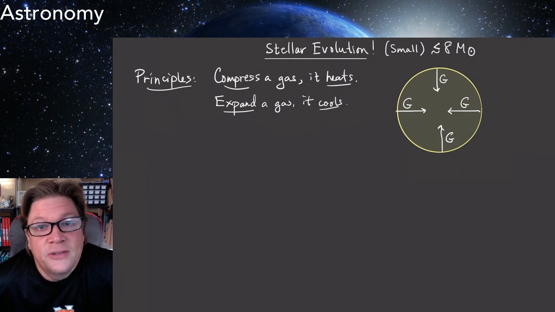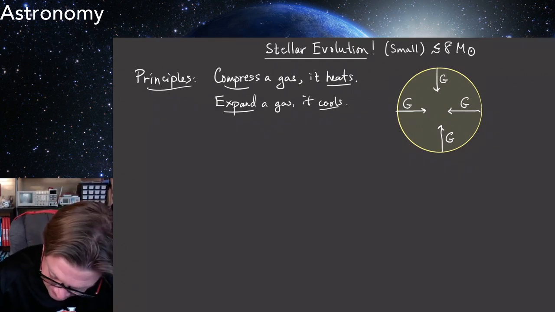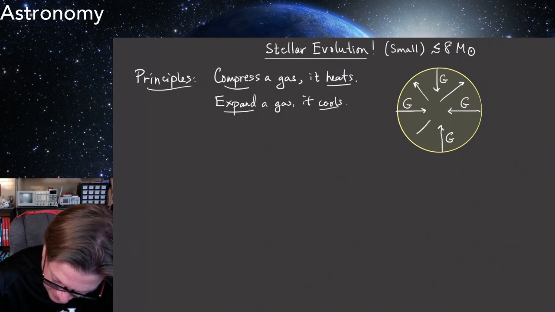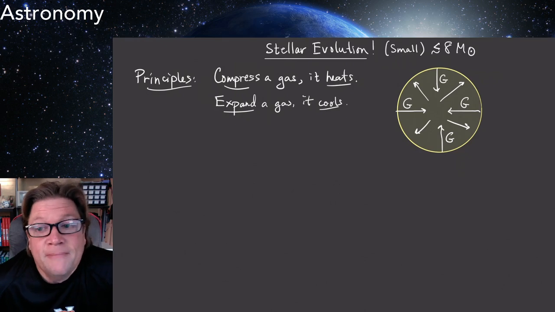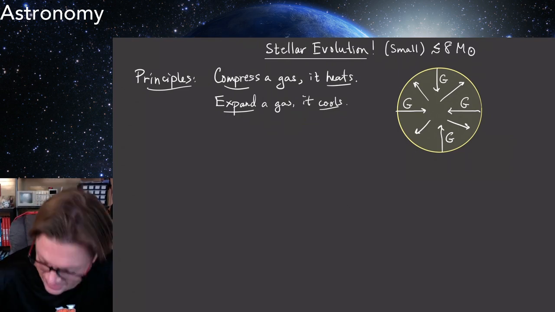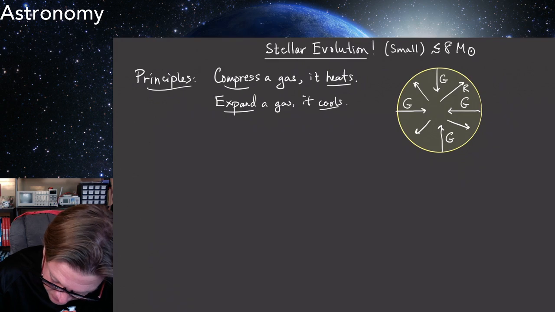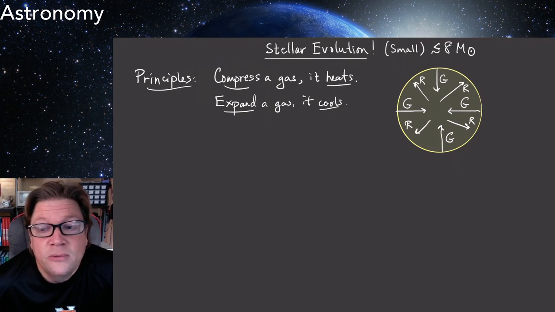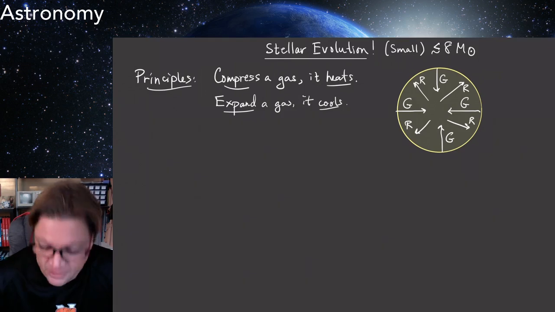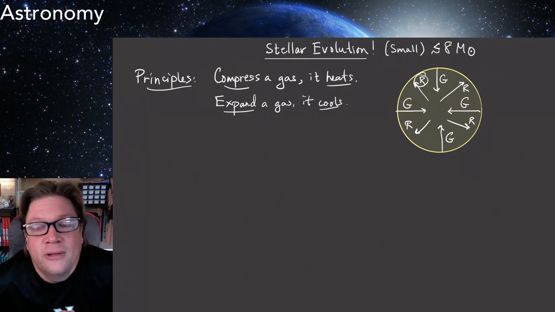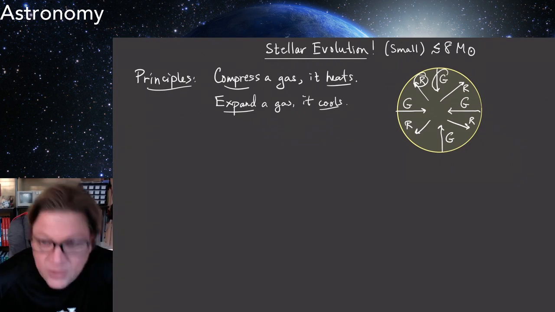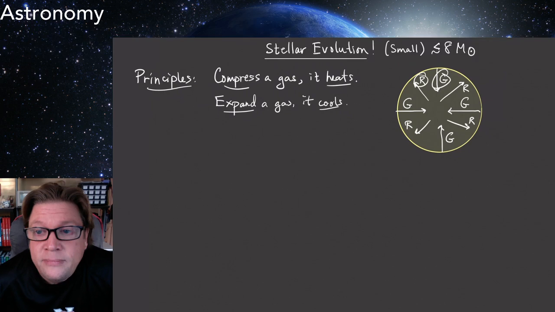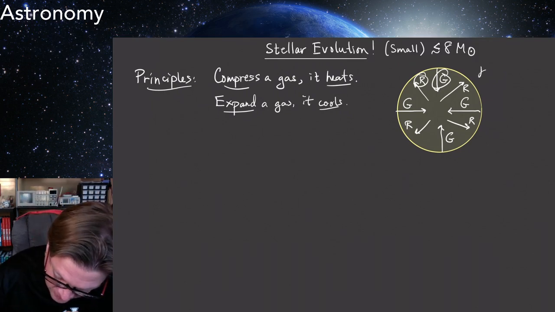But why doesn't it compress any more than it does? Why does the sun have the size that it does? It's because something is keeping the sun inflated. If you want to think about it like a balloon, there's some force that's keeping the sun inflated, and this is the force of radiation, right? Almost like it's trying to blow the sun up. So the sun is always in balance between these two things. There's the radiation pushing out, the energy trying to get out, and then there's gravity trying to pull the sun in. This balance is called, in the book,